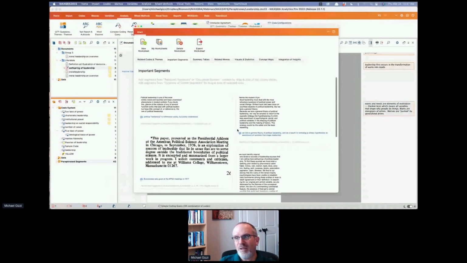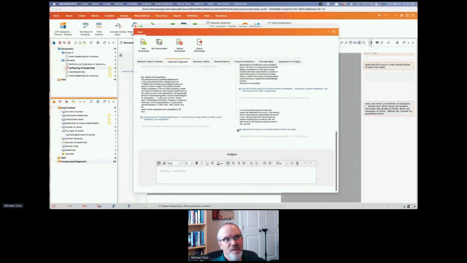So it's kind of useful. I think it's a potential tool. QTT is still evolving, and it is really becoming a really useful tool, particularly in the latest release of MAXQDA. I used it pretty extensively in the research that my colleague Richard and I described yesterday. So yeah, it's a way of doing it.